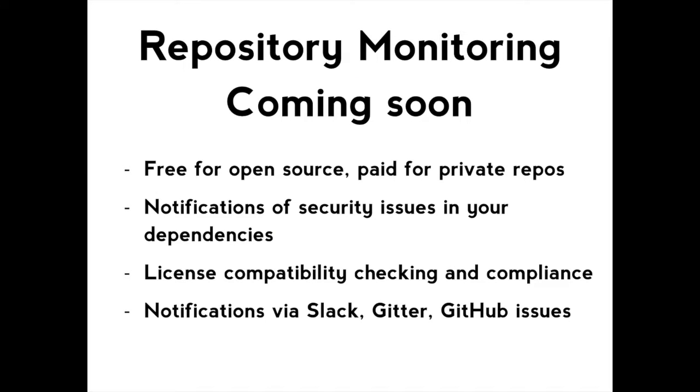And there's some more things that I'm planning to add to it. It's going to be completely free for open source forever, and then there'll be paid plans for private repos at different levels, essentially. The more repos you have, the more expensive it'll be, including security vulnerability notifications, so automatically able to tell you when, say, there's an issue with Express. Here are all your repos that are using Express around that version, so you need to update those things.